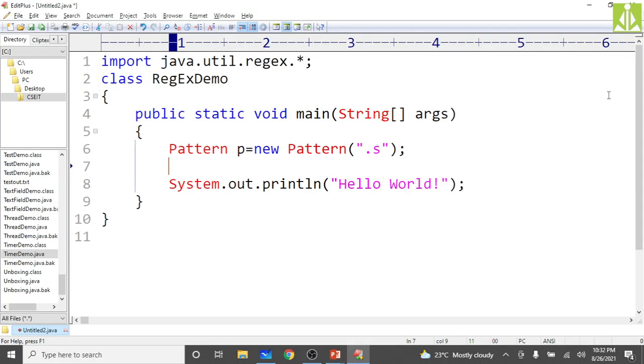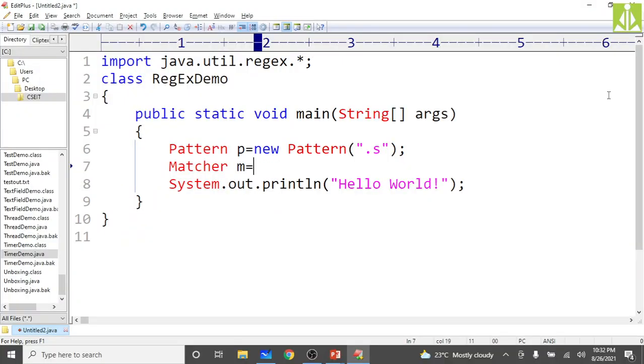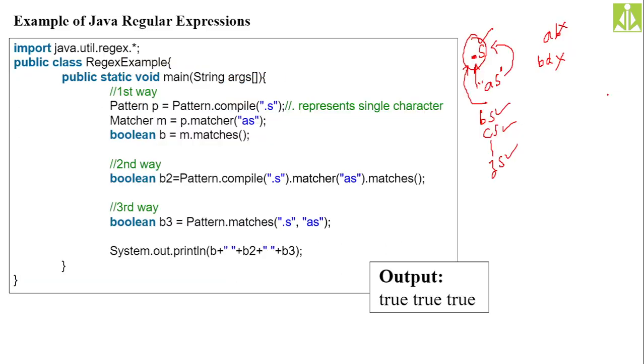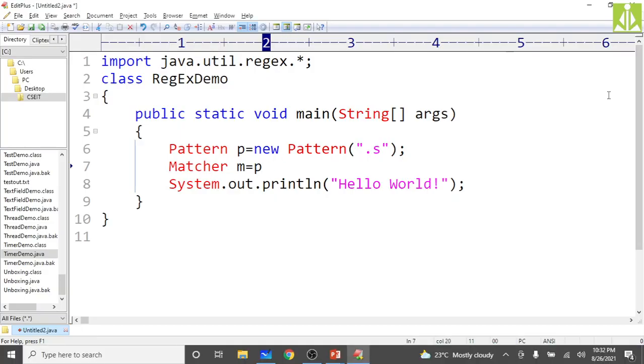Create Matcher m, simply take only one character, because matches we have as a method, so it's better not to take that one. There is no need of new over here, directly invoke p dot matcher of, and pass the string which you want to perform the comparison on.